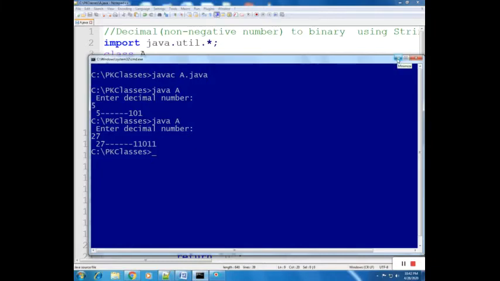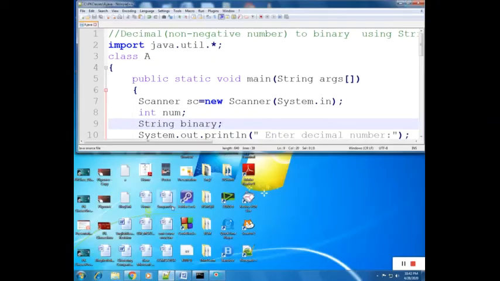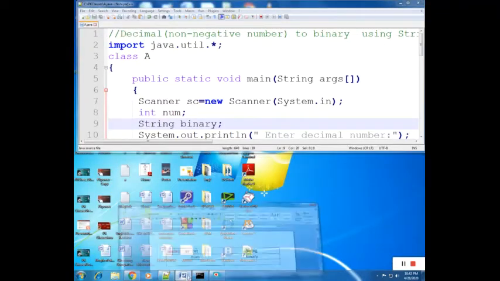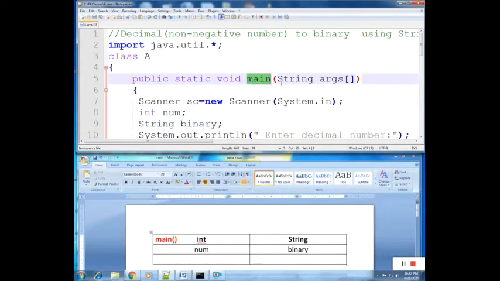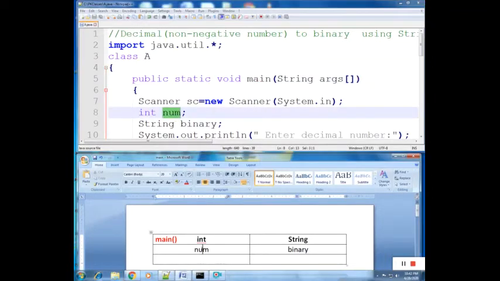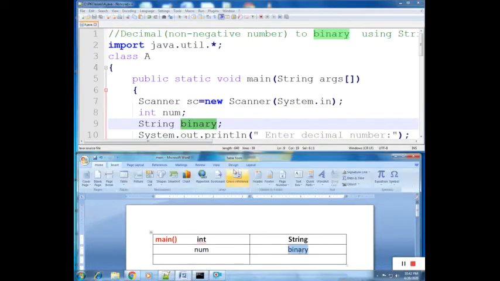Now we will try to understand this program. The whole execution, how it is executed, we will see in a dry run. Let us see the whole thing. In this main method, we have declared number, and string type of binary.